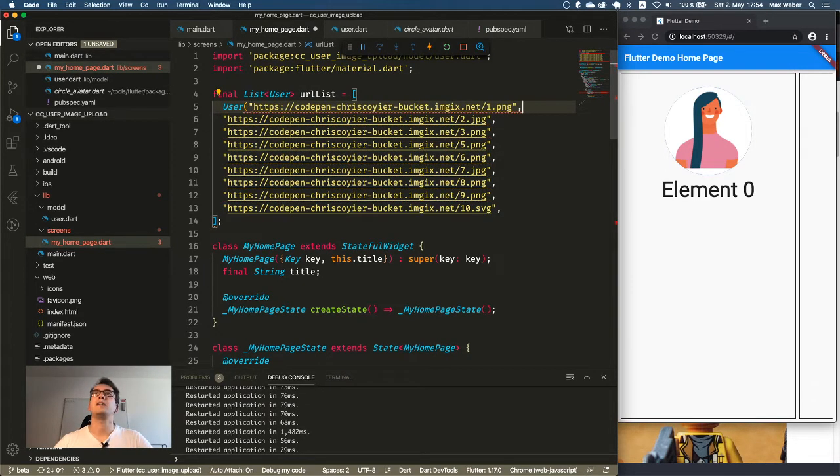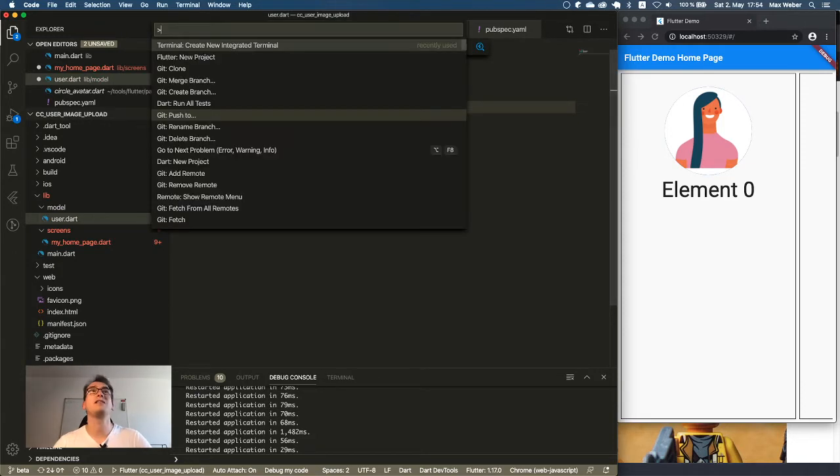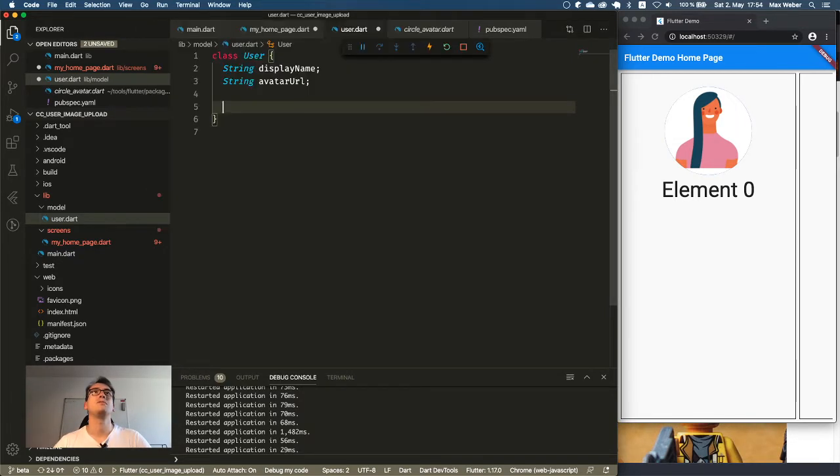And as you most likely have already seen, I forgot something very important. I forgot to create a constructor. Let's do that. Is there a quick way to create a constructor in Visual Studio Code? Does anyone have an idea? No? Okay, then let's do it this way. It's a nice hack if you want to quickly create a constructor and don't know the keyboard shortcut. You can just make them final. Then it will create the constructor for you like so. And then you can just remove the final again.